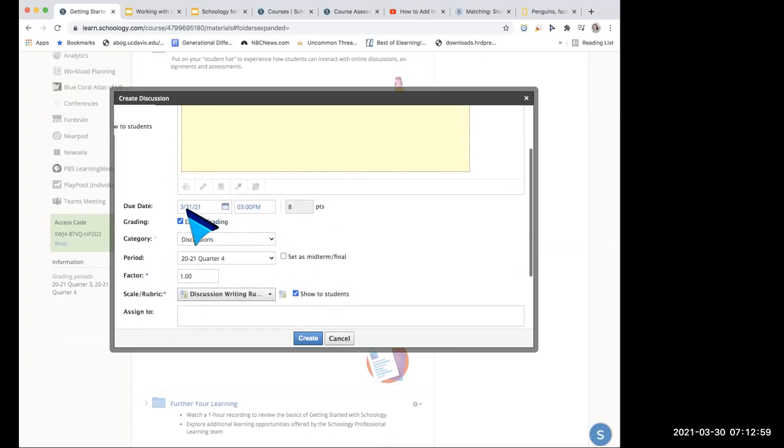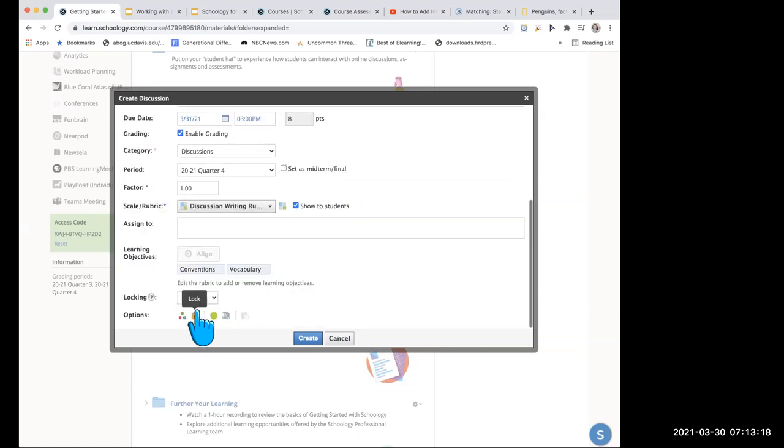So what that means is that I have this due tomorrow at 3. Tomorrow after 3, my students can still get into this discussion and make postings. It will show up late on my side, so I will get notifications that it's late, past the due date, but they can still get in there. So what locking is going to do is, if I click on lock on,